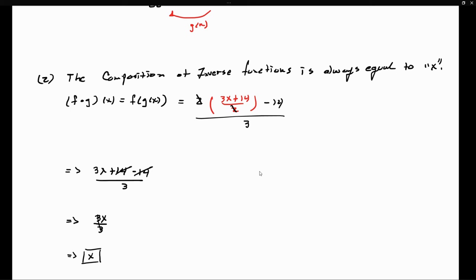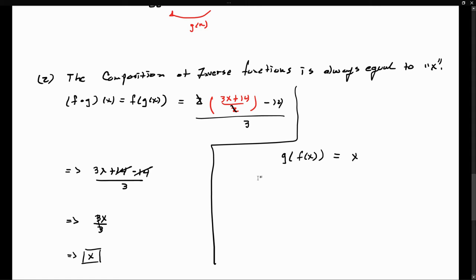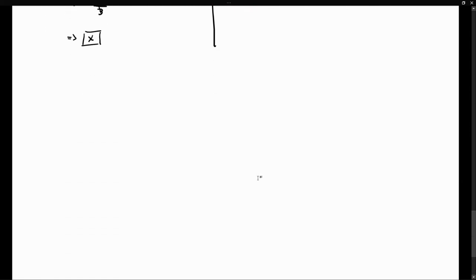And in this case, it doesn't really matter if we did f composed of g. We would have got the same result if we would have done g composed of f of x, which we're not going to do. You can just verify it on your own, but you will see that this is just one of those specific scenarios where the order of the composition doesn't really matter. If you compose two inverse functions, regardless of the order, the result is always going to be equivalent to the variable x. And the last property that we're going to be discussing regarding inverse functions is that